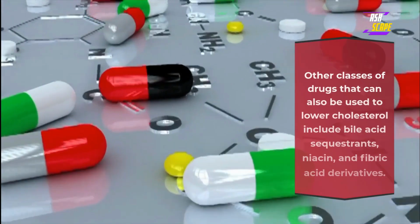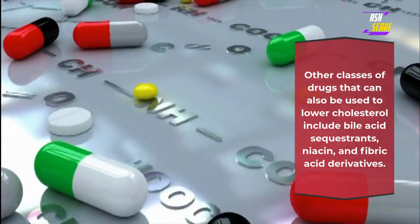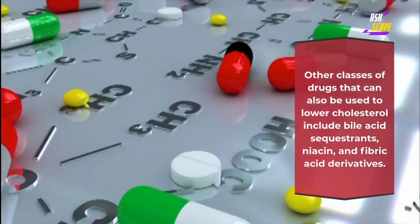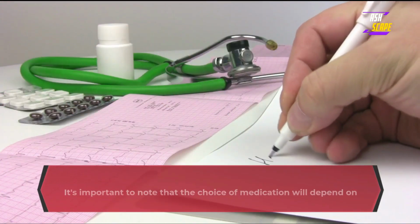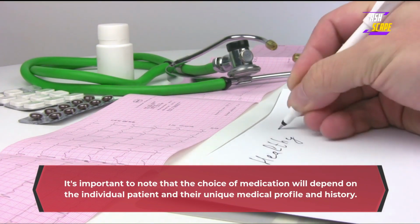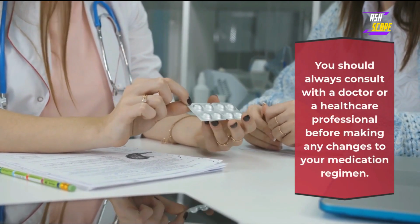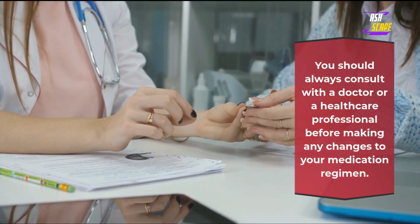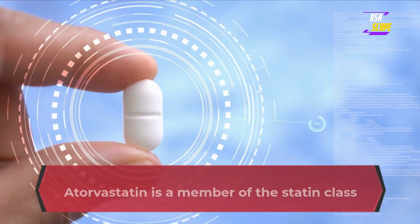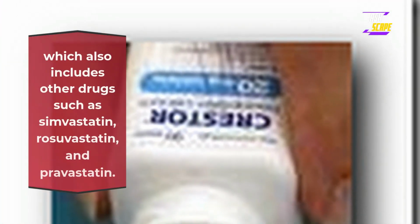Other classes of drugs that can also be used to lower cholesterol include bile acid sequestrants, niacin, and fibric acid derivatives. It's important to note that the choice of medication will depend on the individual patient and their unique medical profile and history. You should always consult with a doctor or a healthcare professional before making any changes to your medication regimen. Atorvastatin is a member of the statin class of cholesterol-lowering drugs, which also includes other drugs such as